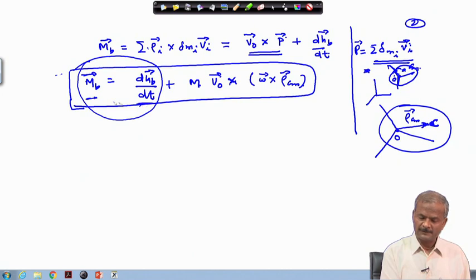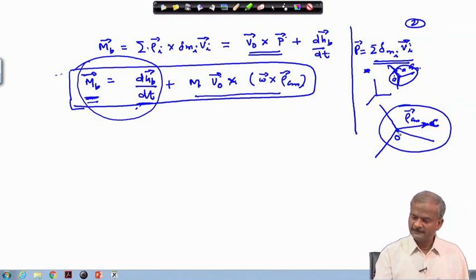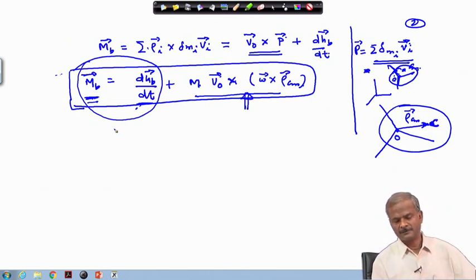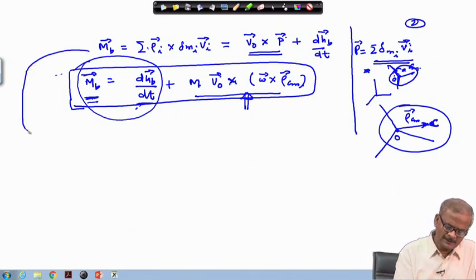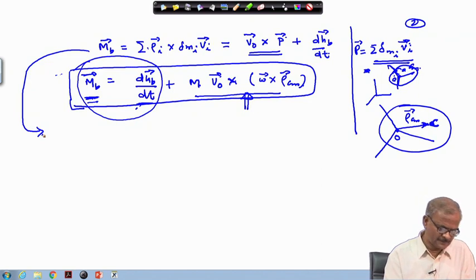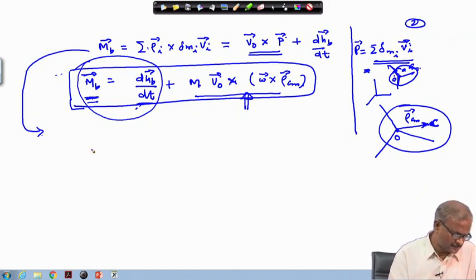So, this equation will be in error if you try to shift the point O away from the center of mass and use this equation. We need an extra term to complete this, if my point O is away from the center of mass. So, this extra term must be added and then the whole calculation should be done. Now, going back again to this point, this is the basic physics involved in this, which you must take care of.